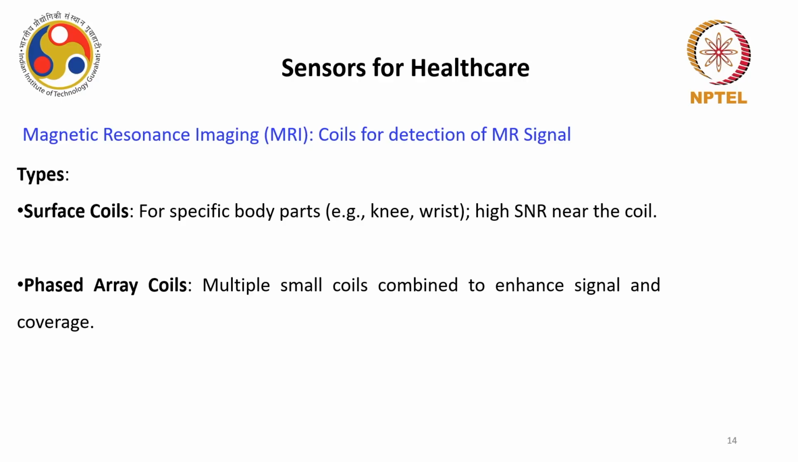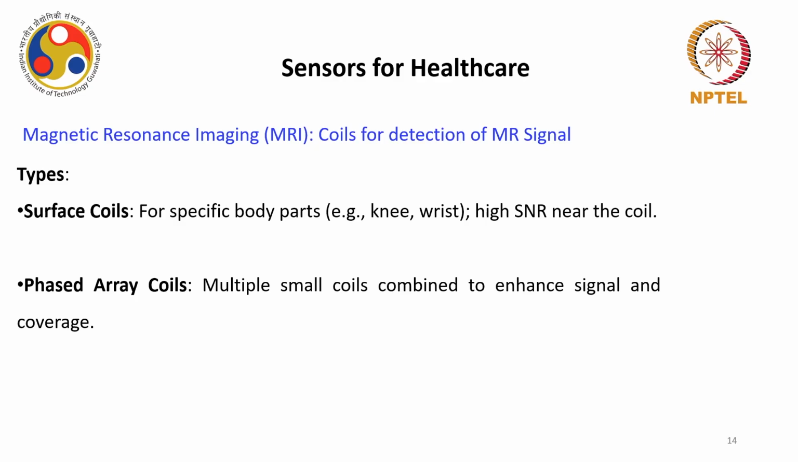Okay, so there are different kinds of receiver coils used in the MRI tool. You have surface coils, which are for a specific part of the body, for example to detect a certain tumor or some other tissue in the knee or wrists, and they have a high SNR near the coil. Then we have phased array coils. They are multiple small coils combined to enhance the signal coverage,